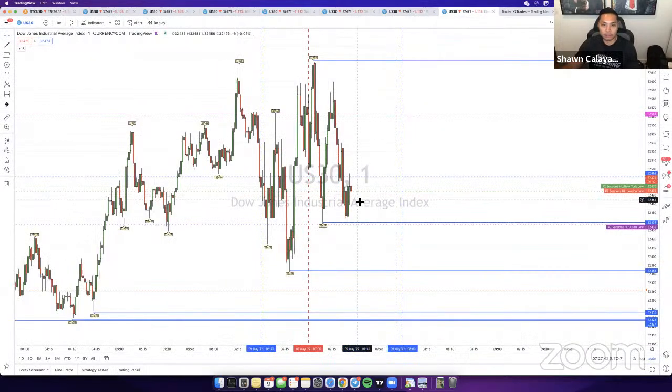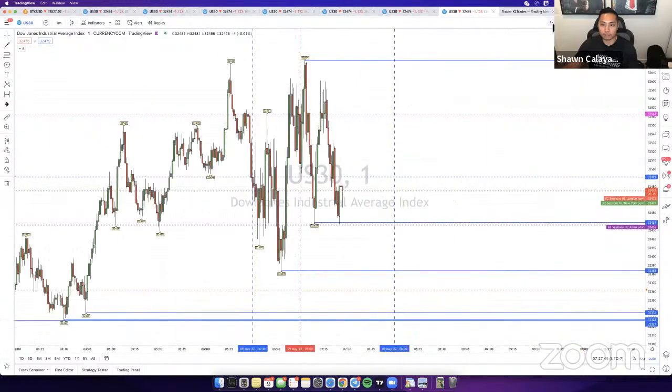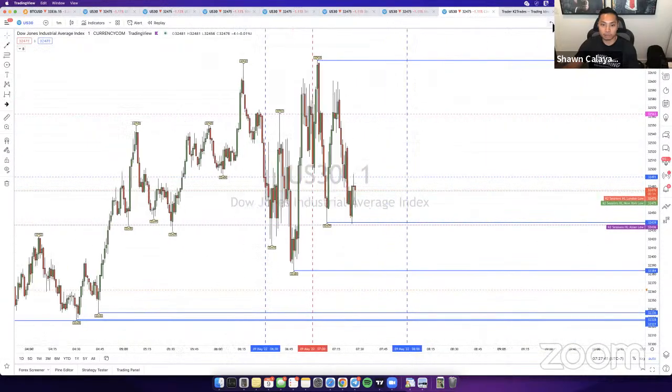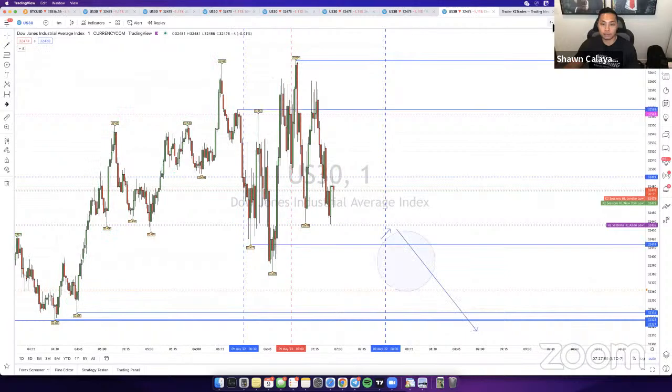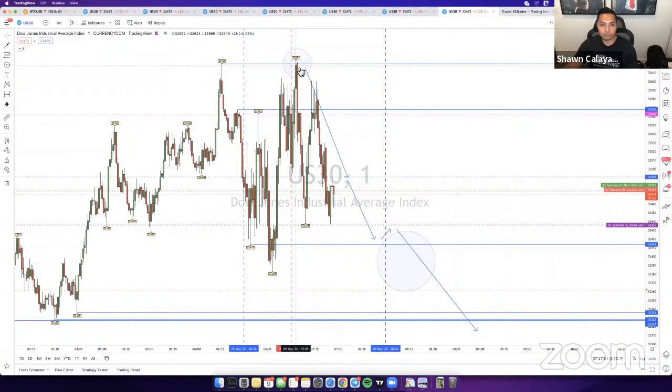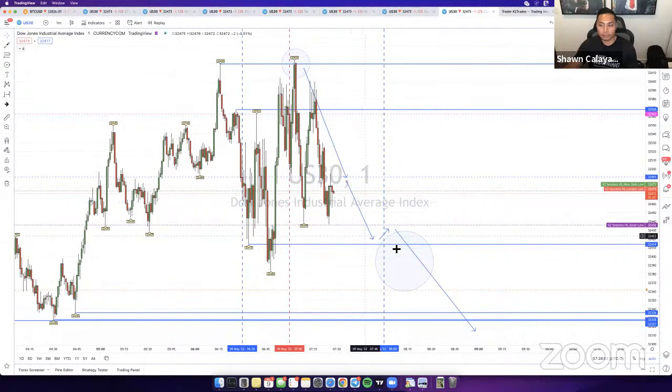If you guys remember earlier, let me backtrack right here, because everything I drew up from earlier is actually playing out. Okay, right here, I'm just rewinding. So guys, check this out. Look at where I drew this from. I drew this almost an hour ago. I drew that price was going to come down. It did. And I'm waiting for it to come below here. So this is the area that I'm waiting for, and it's almost there. Everything I drew up earlier is playing out perfectly. When it gets down to this point, this is where I'm looking for trades.